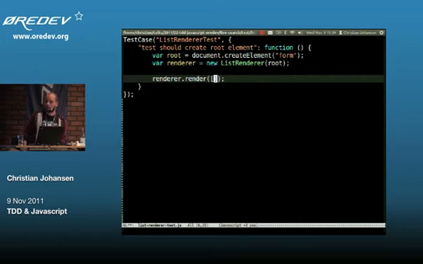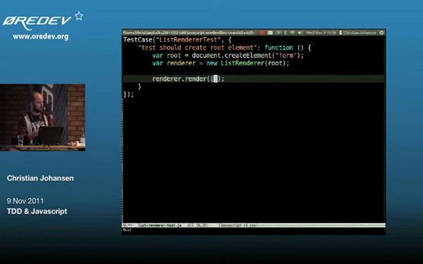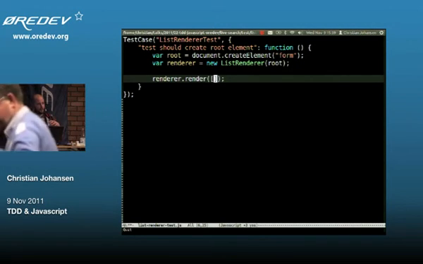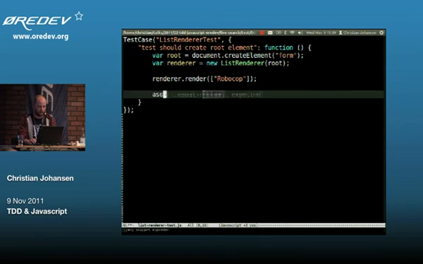Okay, the render function needs to take an array because that's what's coming back from my server according to my functional tests. So we have to look at the interfaces that I already defined and try to follow up on them. So I will get an array of strings, so I'll pipe that into this render function like so. And then I expect the root